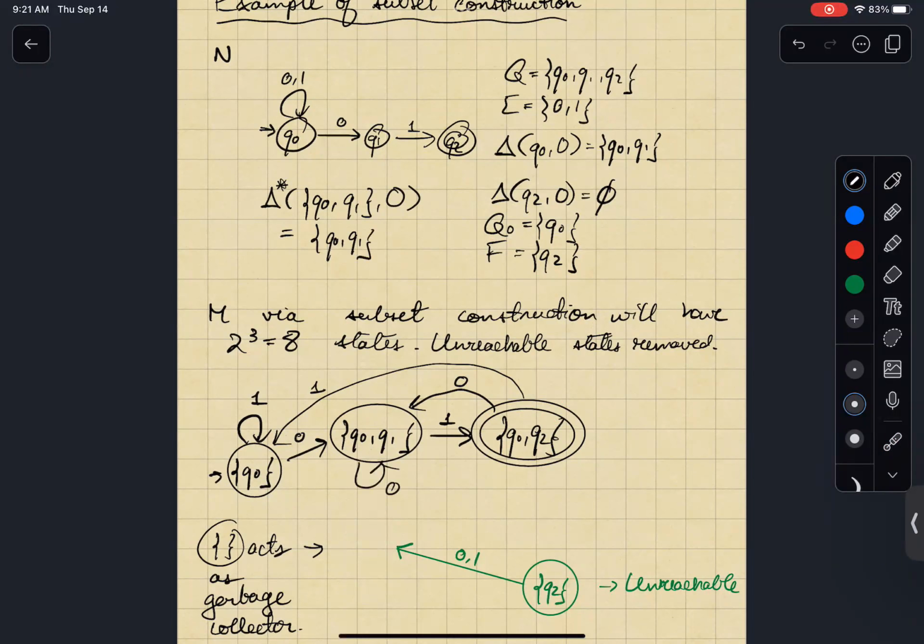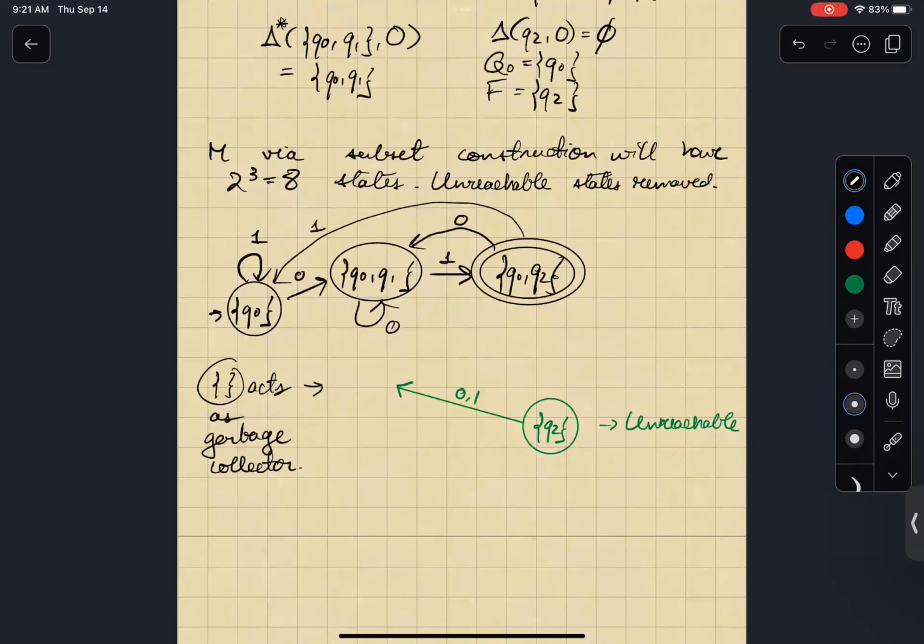So trust me on this. It should have been a self loop on Q0, Q1. So if I'm in my DFA at Q0, Q1, and I read a 0, then I go back to Q0, Q1. Okay. And so an exercise for you just to check. It's possible that some of this is slightly confusing because it's a bit abstract, but an exercise for you is